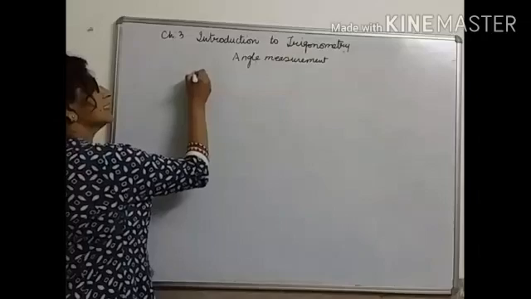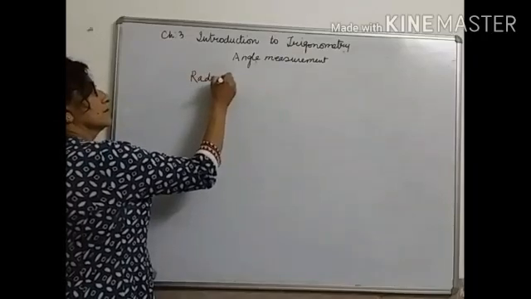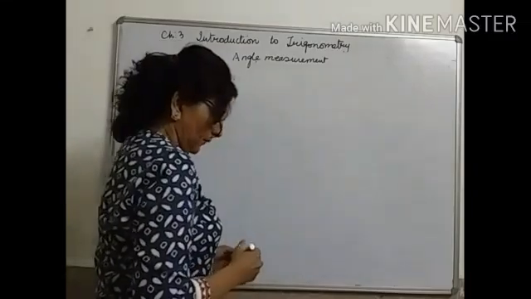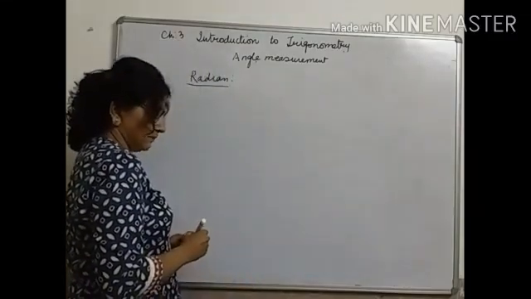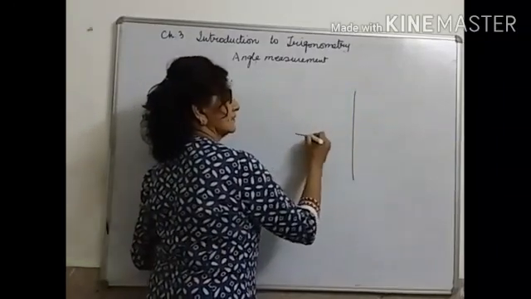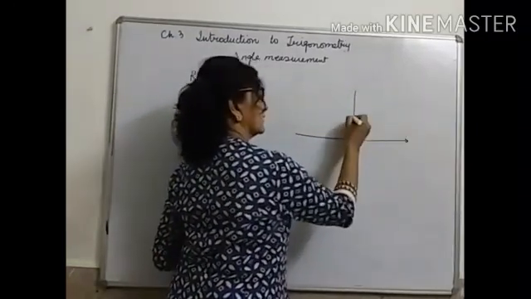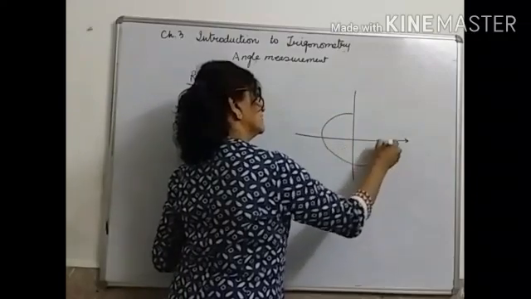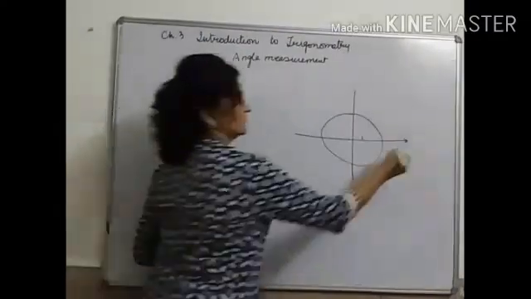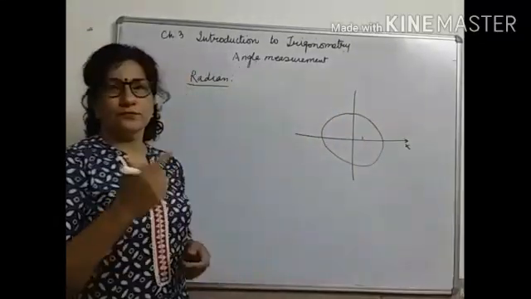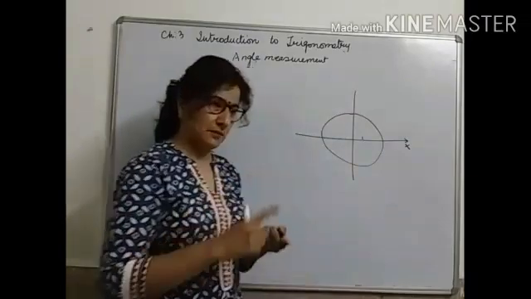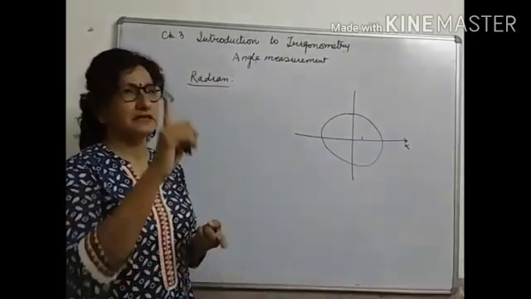So now I take radian. This is important and new for you. Okay? What is radian measurement of angle? For that, let me make you understand. Let's take a unit circle. What do I mean by unit circle? Its radius is 1 unit. This is my x-axis. Now you can ask me what is 1 unit. It can be 1 centimeter, it can be 1 meter, it can be anything, but it is 1 unit.